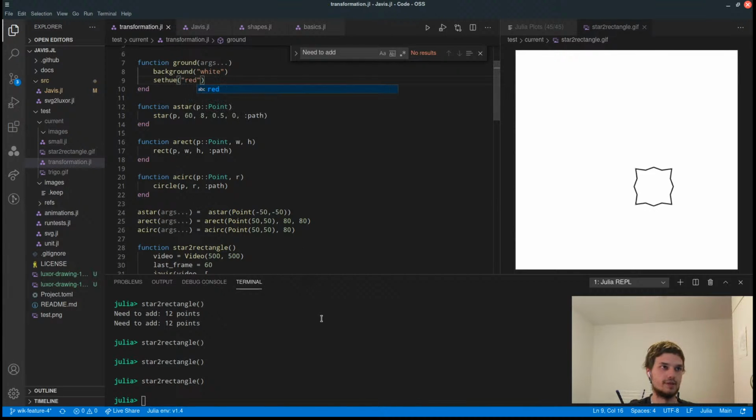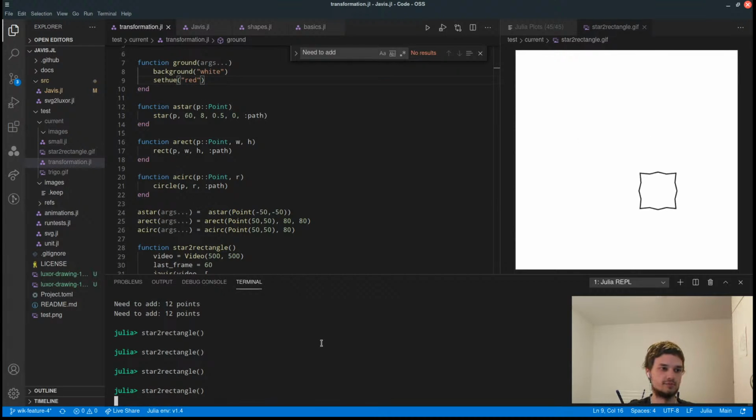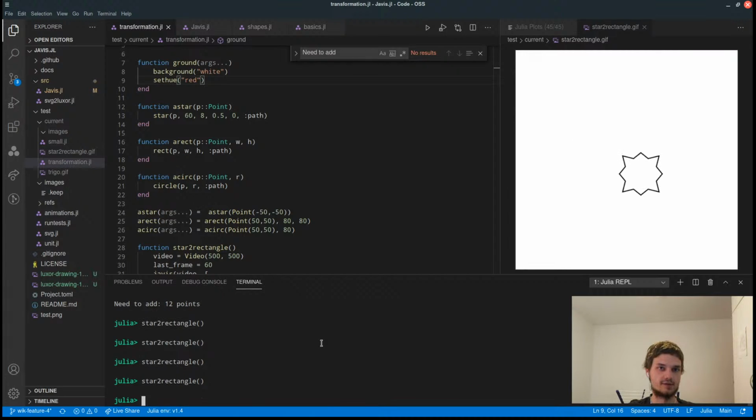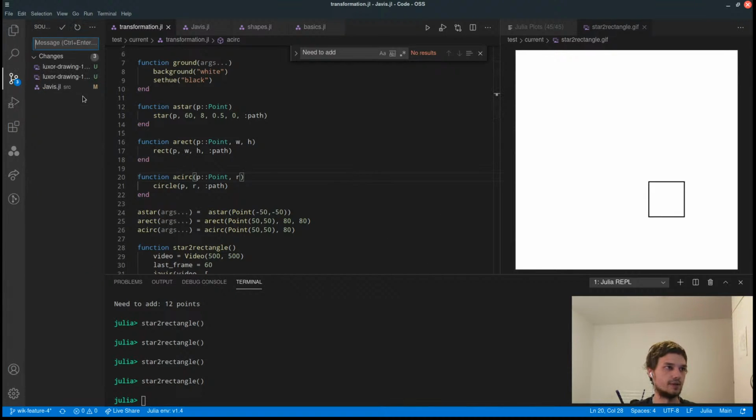So maybe this doesn't have any effects. Yeah, the default is black, and maybe because it's in its own layer, it doesn't have an effect. You have to check that. But for now,